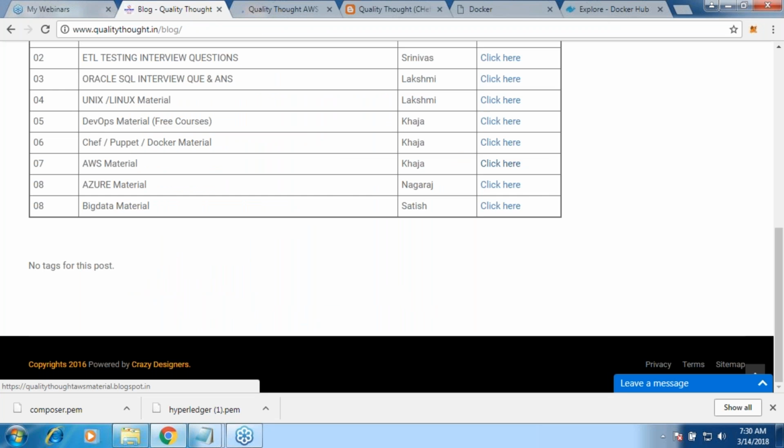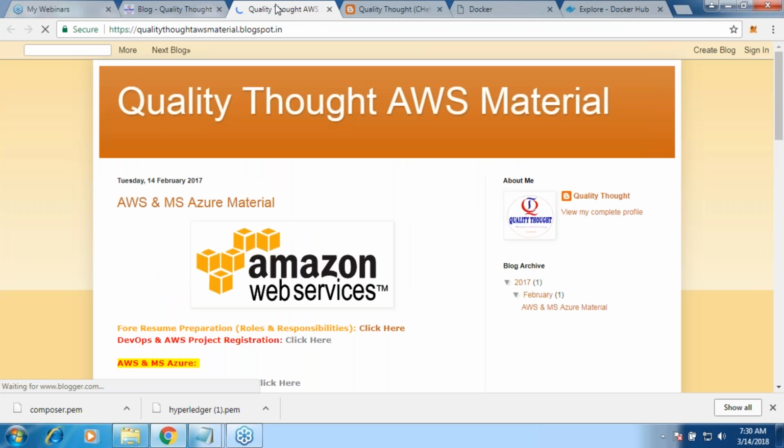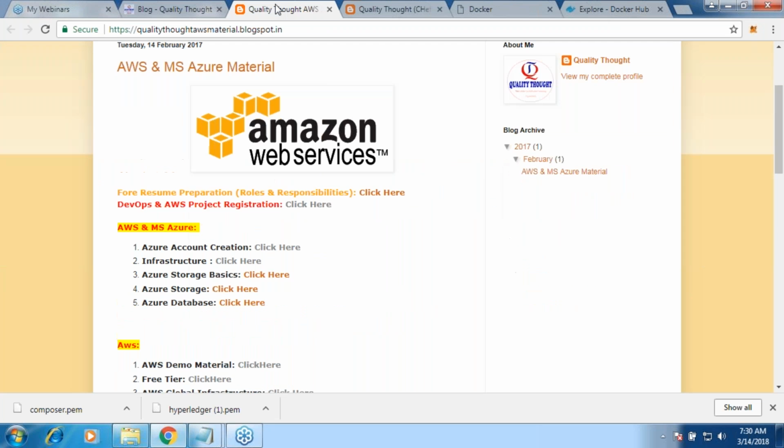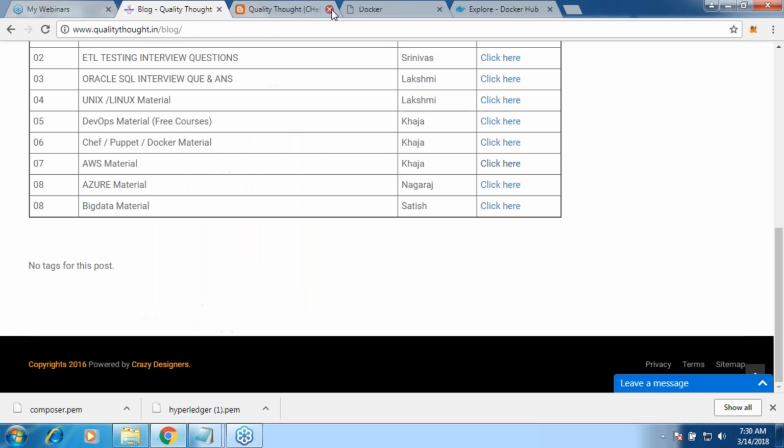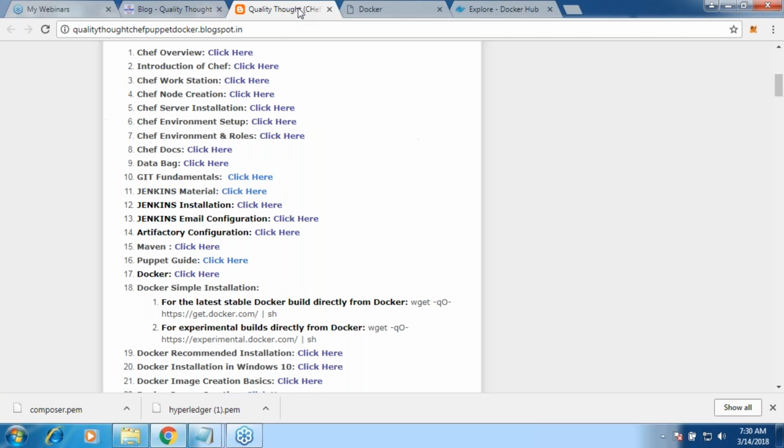Click over here and free tier. This is a PDF which shows how to create an account. Okay, so one thing to remember is 2 rupees will be cut from your account. Okay, and generally some of the bank cards are not working.